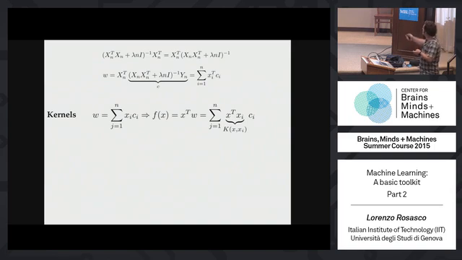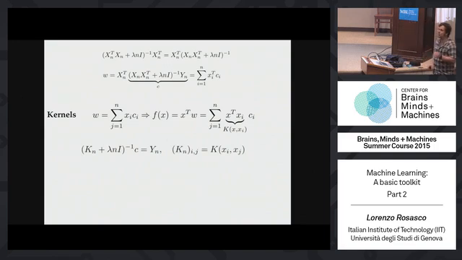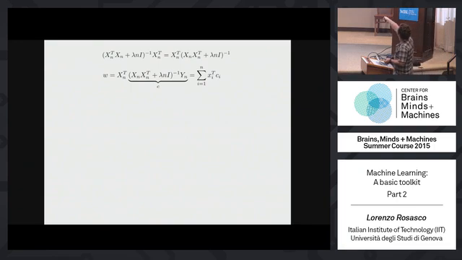The first one is, if I give you now a procedure that whenever you would want to do x transpose x does something else called k(x, x'), how do you change the computations? This is going to be very easy. But also, what are you doing from a modeling perspective? So from the computational point of view, it's very easy